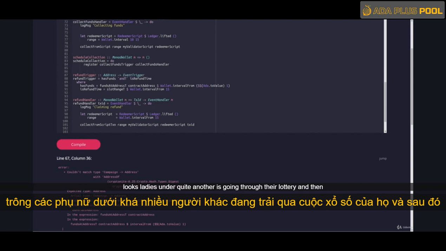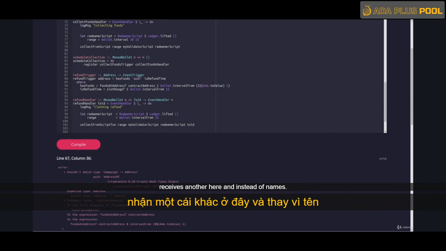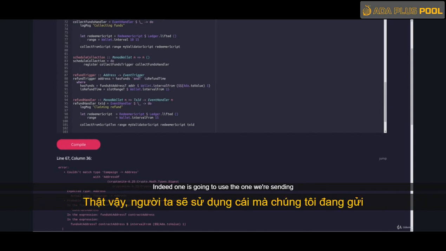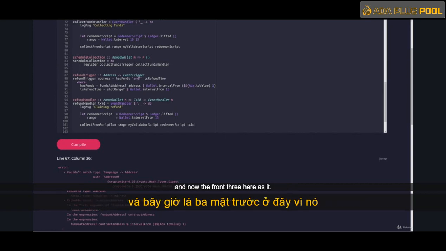I'm going to return a tree, and then it receives an address here. And instead of using this one, it's going to use the one we're sending. And now that the refund trigger has it,